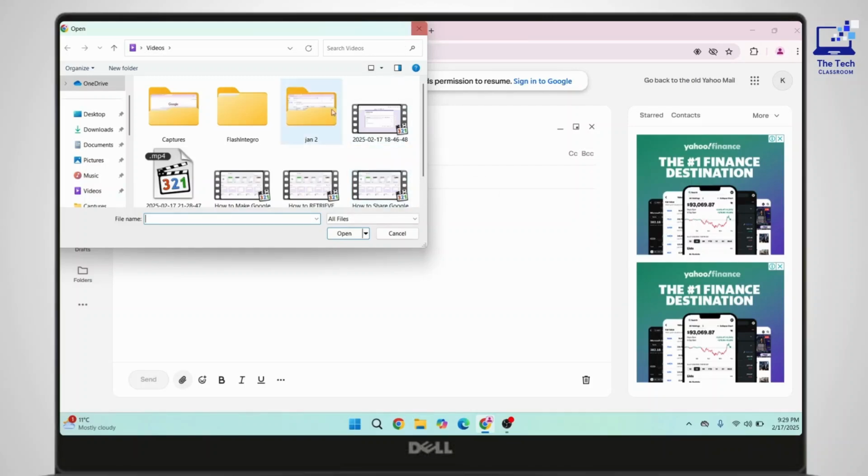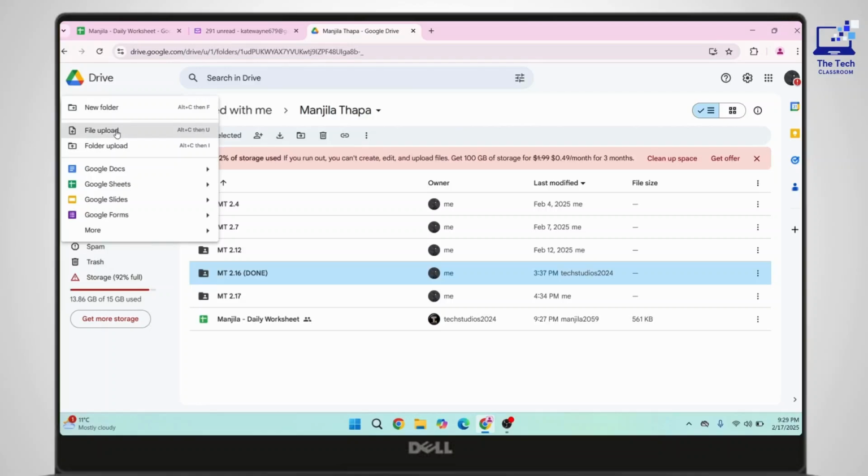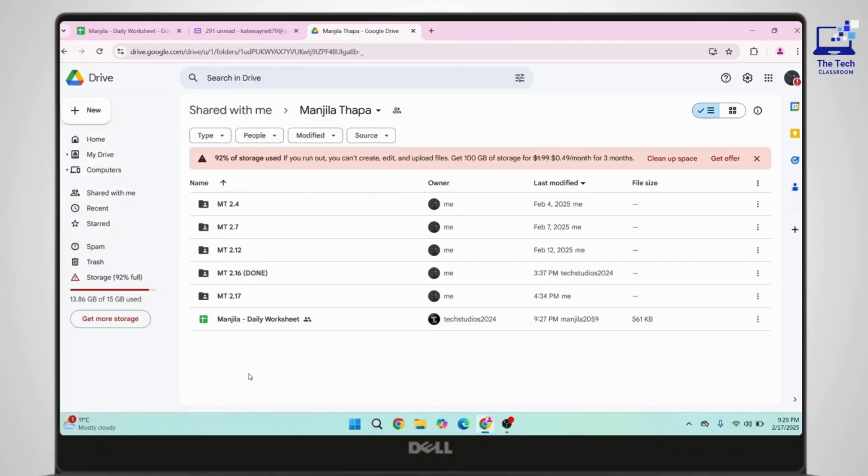First of all, you have to upload the file to your drive. So open up Drive in your device. Here click on this new button at the top left, and here click on File Upload or Folder Upload. After that, you have to upload the file that you want to send via Yahoo on your drive. Now, once you have uploaded the file,